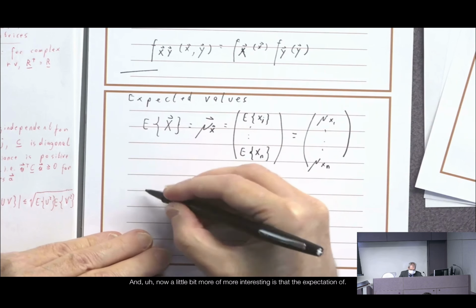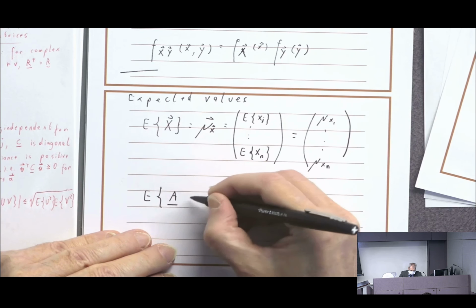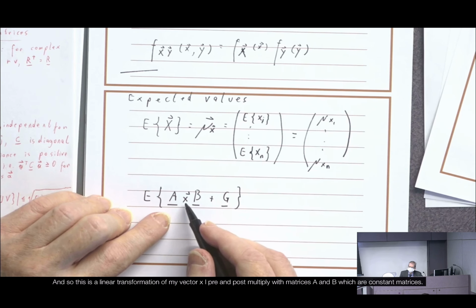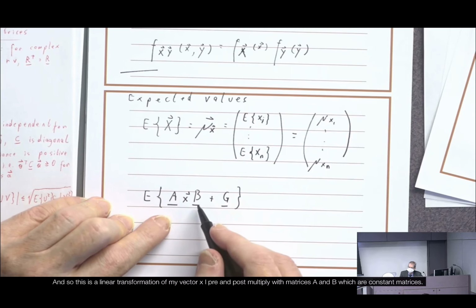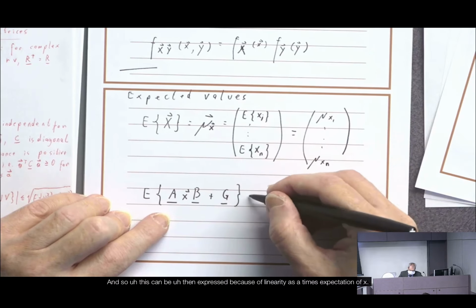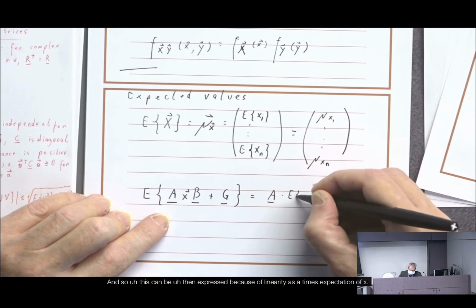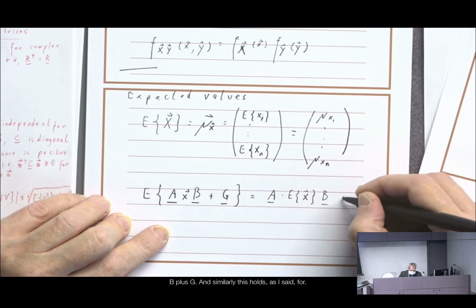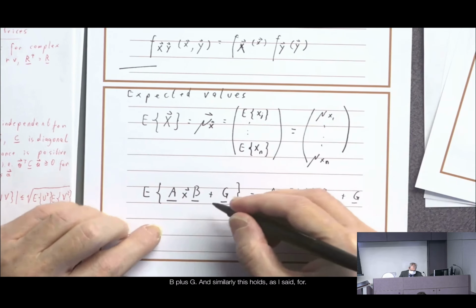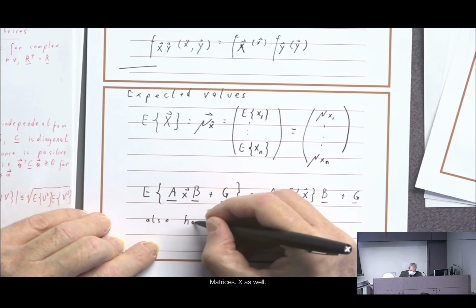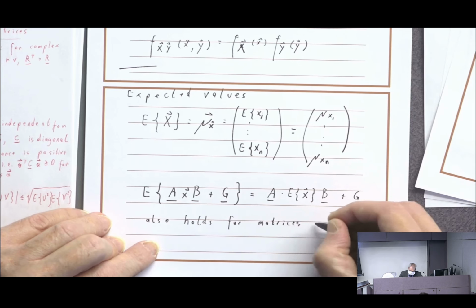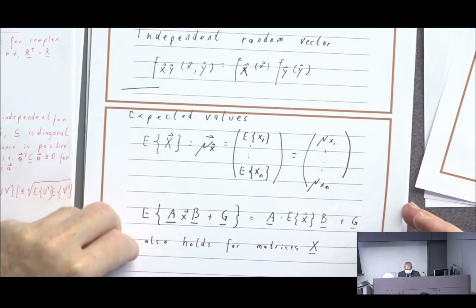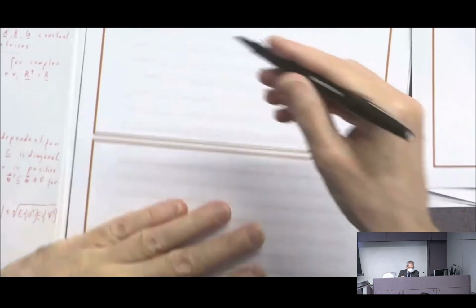Now a little bit more interesting is the expectation of the following product. So this is a linear transformation of my vector x. I pre- and post-multiply with matrices A and B, which are constant matrices, not random variables, and I add a matrix G. And this can then be expressed because of linearity as A times the expectation of x times B plus G. Similarly, this holds for matrices X as well. And where are we needing this for matrices? Well, when we're talking about correlations, because now we have the outer products of the vectors to deal with. So the correlation matrix